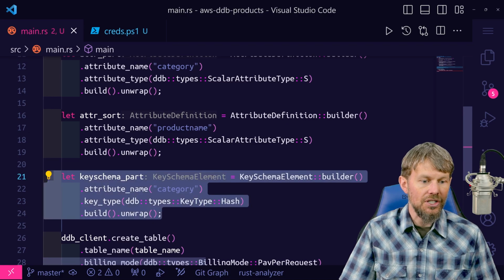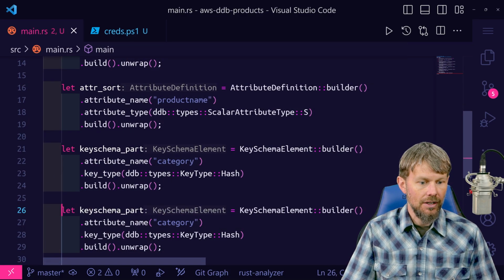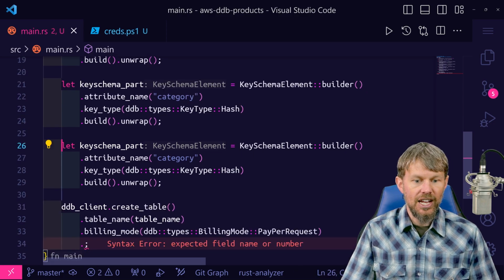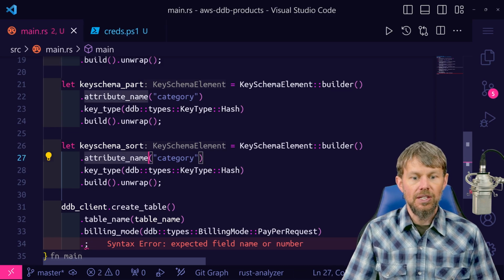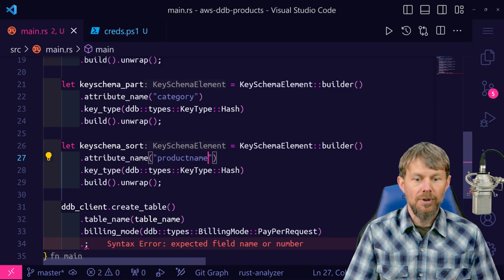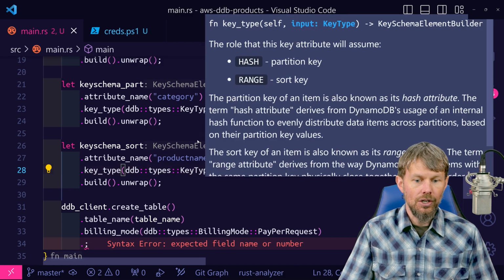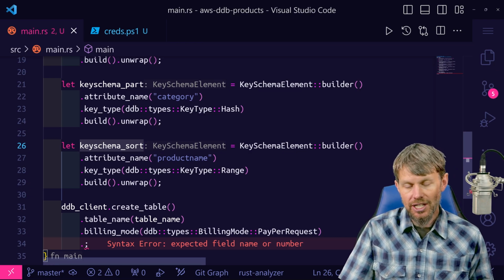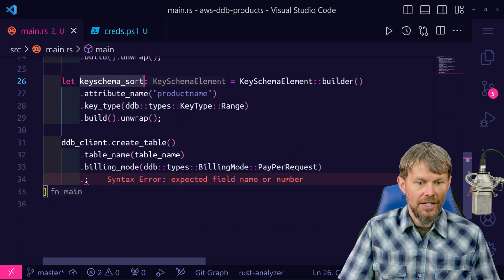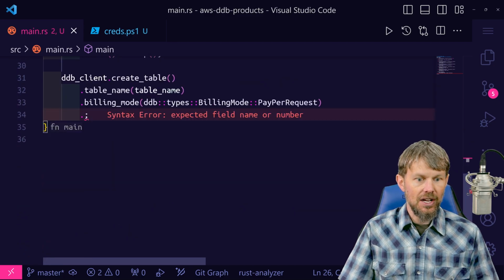Then we're going to duplicate this here once again. And right down here, we'll say that the attribute name, actually, let's change the variable name for sort. And then the name is going to be product name. And this is going to be not the hash key, but the range or sort key. Range and sort key are the same. Hash and partition key are the same as well. All right, so now that we've got our attribute definitions, key schema, and all that stuff,